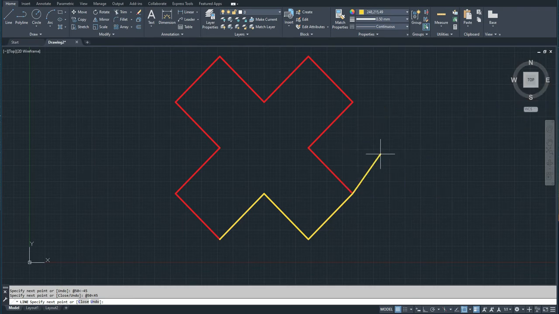135. So I will go at, from this point, the length is 50, and the angle 135. Enter. For this one, again, shift 2 for at. From this current position, go 50 with angle 45. And now again, shift 2, 50 with angle